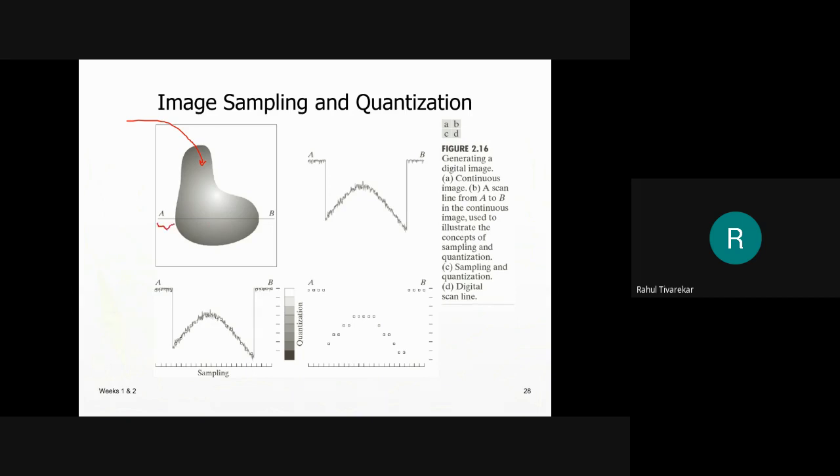So as you can see, this part has a total white color, and that's why all the pixels which are lying here will have intensity level very high. So as you can see, this part has very high intensity, and all the intensity levels are tightly spaced, and that's why we can imagine as if it is a continuous image, and it is having a continuous white intensity from A to here at this point. Okay. Then from here to here,